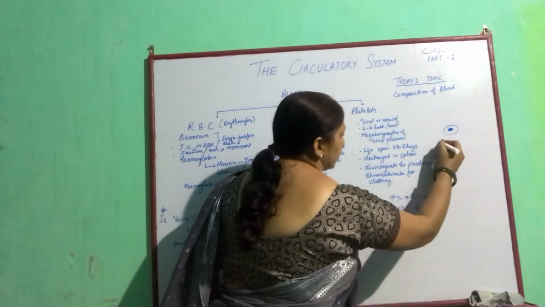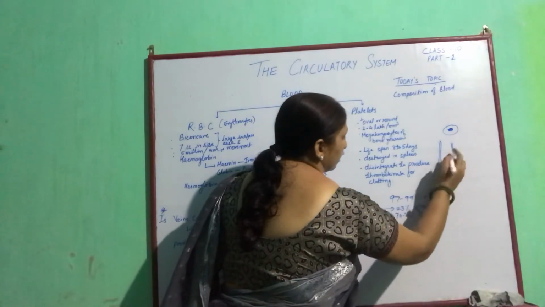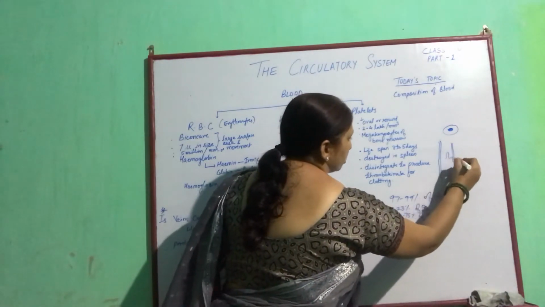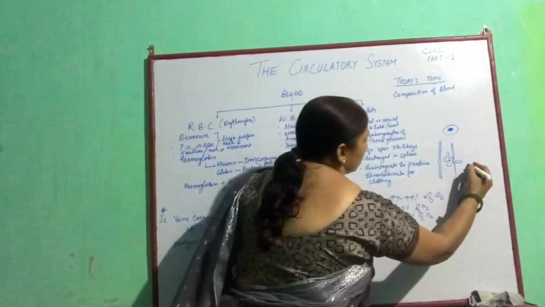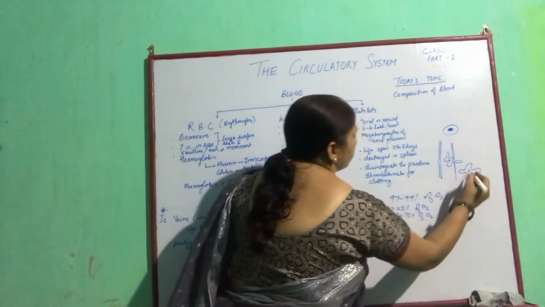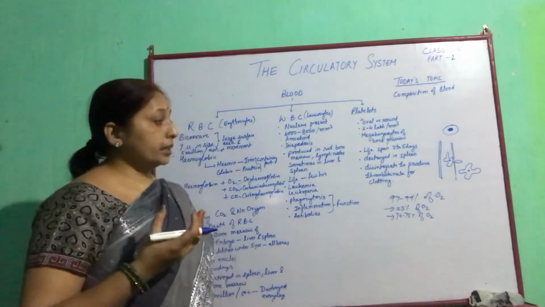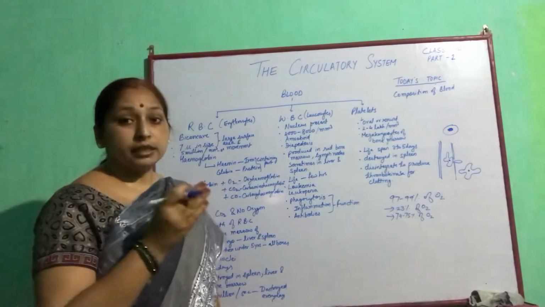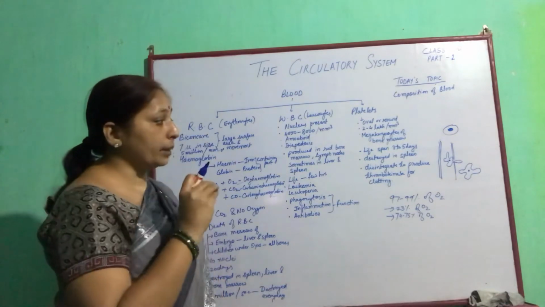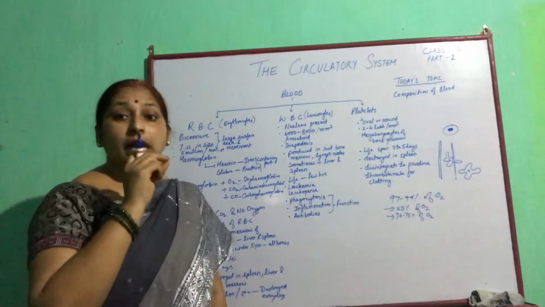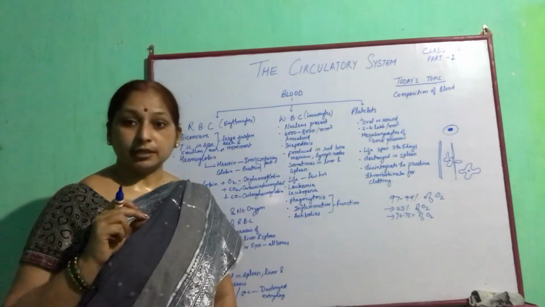In the blood capillaries through the narrow walls or the gaps in the narrow walls, the WBC squeezes out and comes out of the capillaries to fight with the germs or to fight against the disease causing agent. So for fighting against the disease, WBC squeezes out through the fine pores in the narrow capillaries, and this amoeboid movement of WBC is termed as diapedesis.